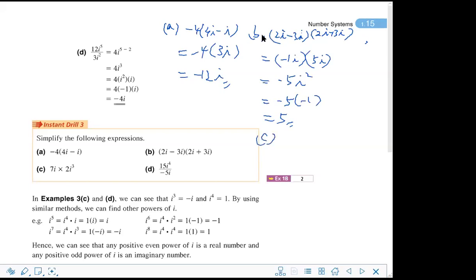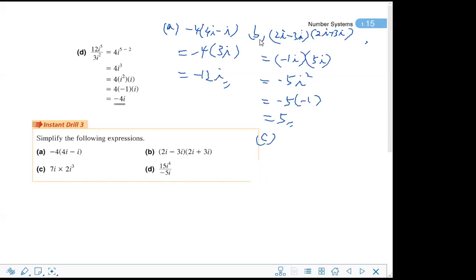Okay, and then part C. 好，借咗條先啦。Part C, 7i times 2i to the power 3. So this time there is no plus, no minus. So we just multiply the numbers together. 7 times 2 is 14. And then I times I3 becomes I4. Okay, but don't stop here, because you need to simplify the I4. Okay, so I4 is equal to 1. And then finally, it is 14. 14 times 1 is 14. All right, and then part D,